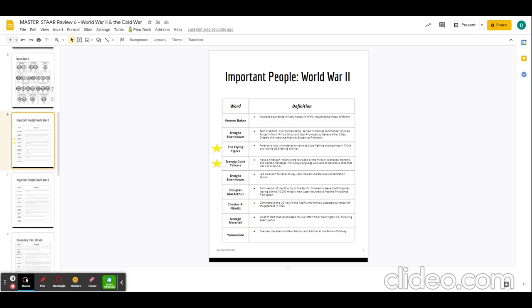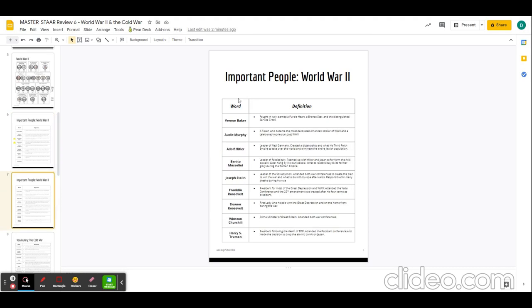the Chinese Air Force. The Navajo Code Talkers were groups of Navajo men, Native American men, who were recruited by the military to create a code. And this remains the only unbroken military code. And it was highly successful during World War II, especially in the Pacific, as far as relaying messages back and forth and keeping all of our communications safe from Japanese intelligence. So the contributions of the Navajo Code Talkers, again, was highly significant during World War II.